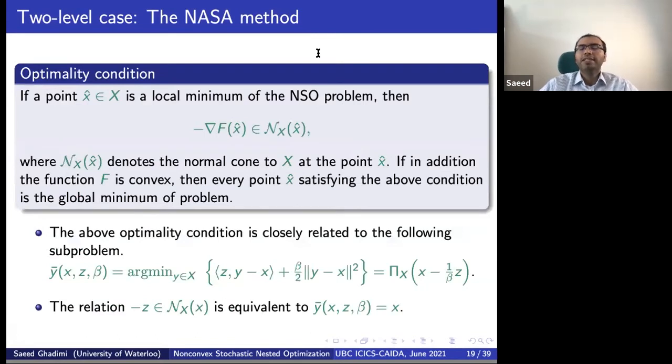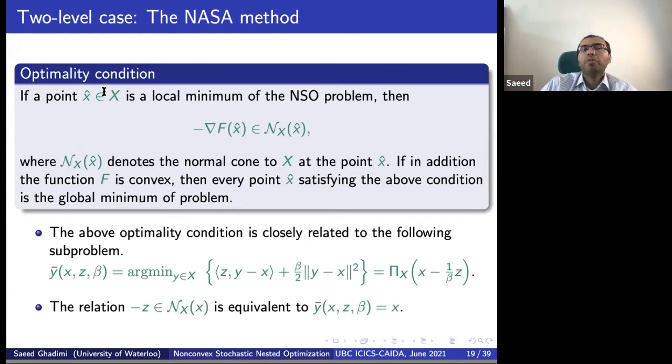So here, since we have a composition structure, it's hard to assume that we have a convexity property for the whole function. So here we just focus on the non-convex case. We don't care whether it is convex or non-convex, because when you have a composition of several functions, it's very likely that you get a non-convex function.